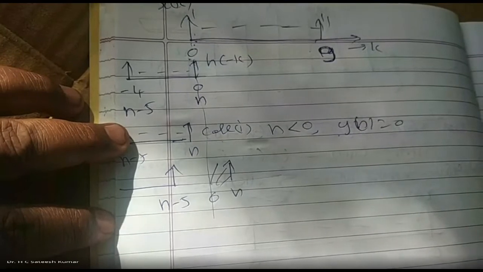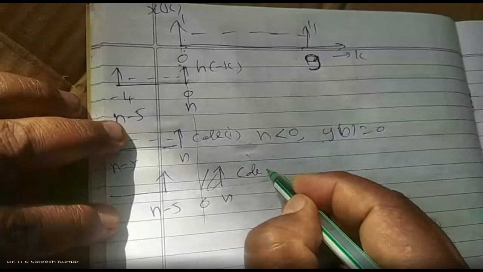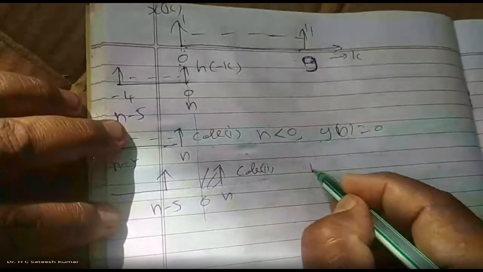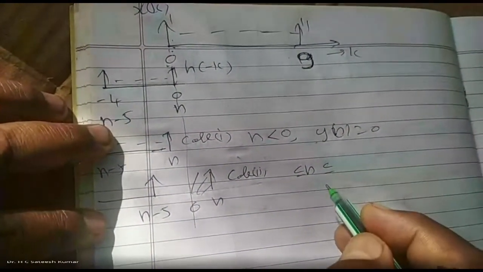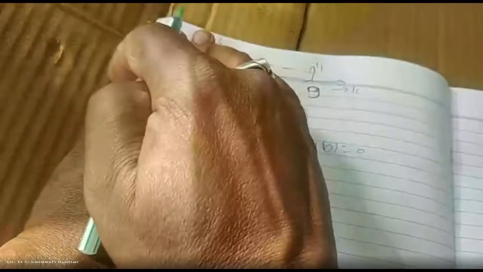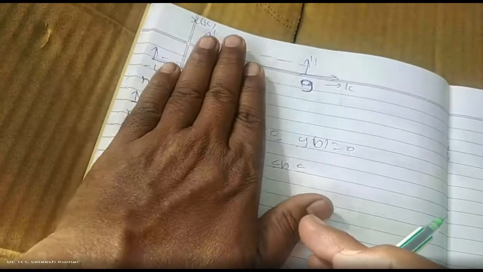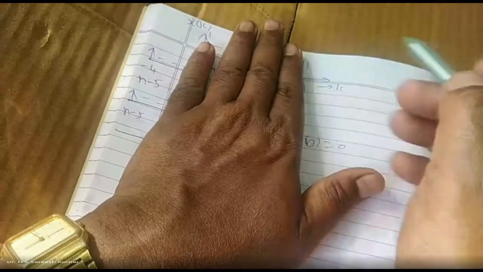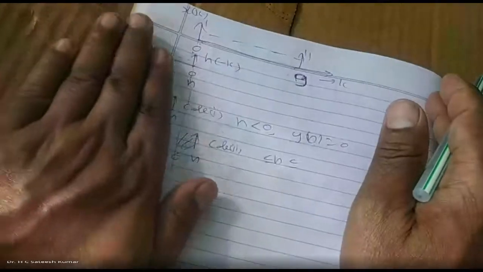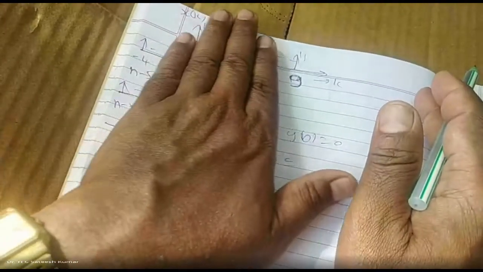Case 2: n lies between where to where? Now what should you do? We have 5 elements, 1, 2, 3, 4, 5, and it is moving like this. So when the right edge comes to 0, and the left edge is at 0, complete overlapping will be there. Until that it goes on increasing, right? When it comes to this point, increasing will become constant.